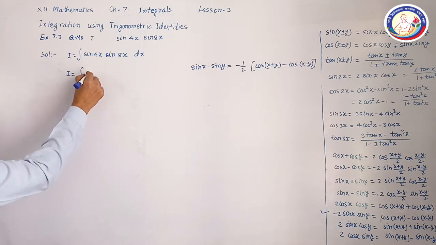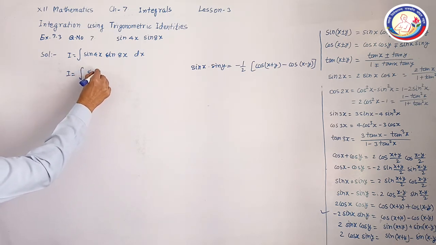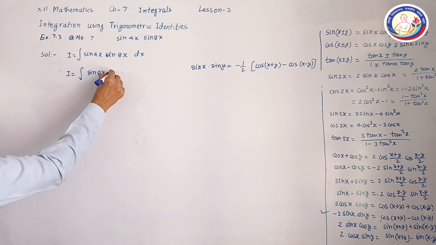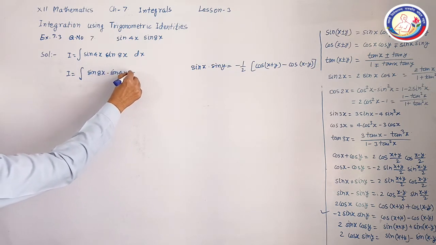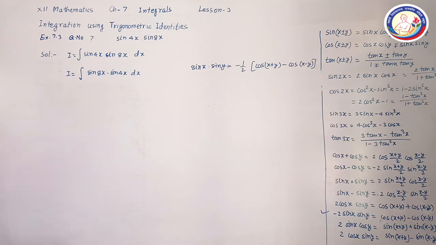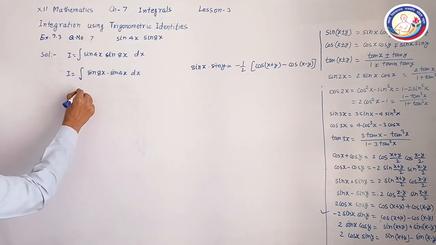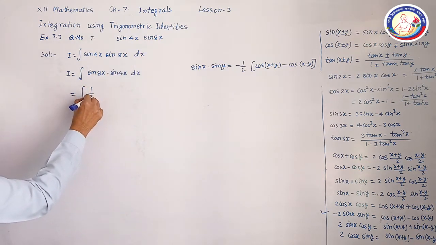Integration of sin 8x sin 4x dx. The product is commutative, so I can write it in this way for convenience. It will be convenient for us to use the formula. Now use this formula. It will be minus 1 by 2